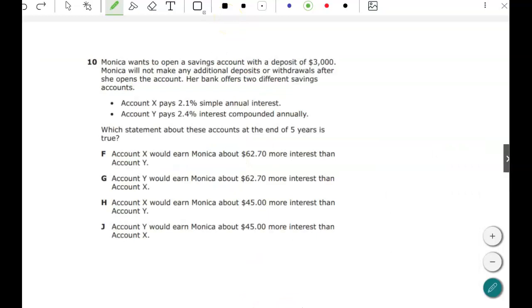All right, this one says Monica wants to open a savings account with a deposit of $3,000. Monica will not make any additional deposits or withdrawals after she opens her account. Her bank offers 2 different savings accounts. So you have the simple interest and you have the compounded interest. All right, so this one I may have to move over to